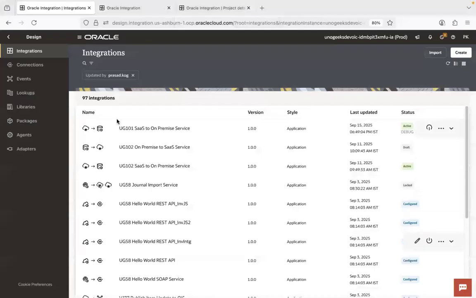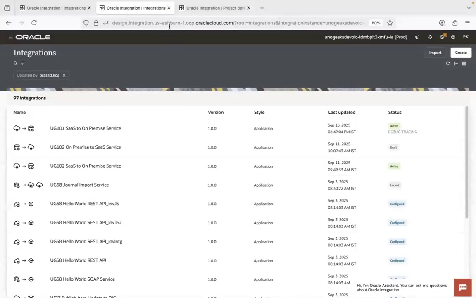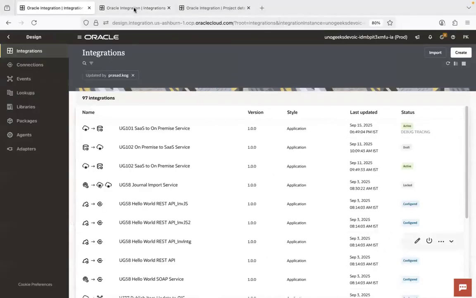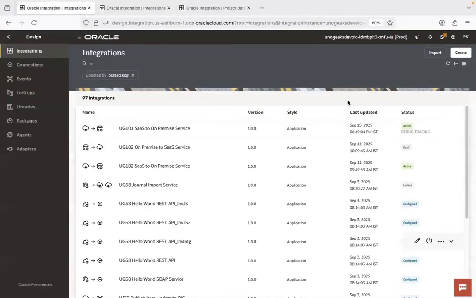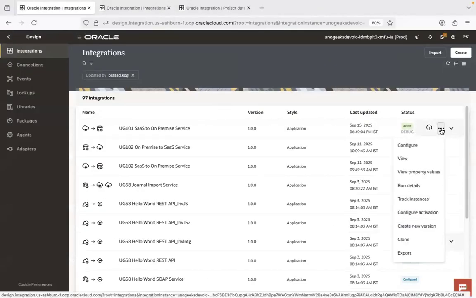So I'm duplicating the tab. I'm just keeping the same instance open in two different tabs. So you have 100 integrations created here, and I need to deploy all those 100 integrations to a higher instance, and assume that in this instance, we don't have these integrations. How do I deploy them, guys? One obvious option is I can go to one integration at a time